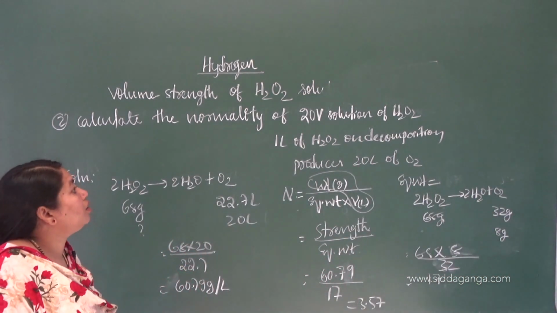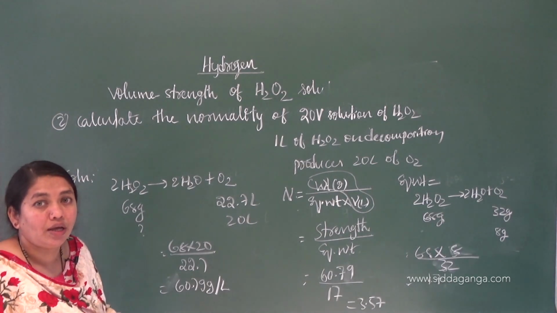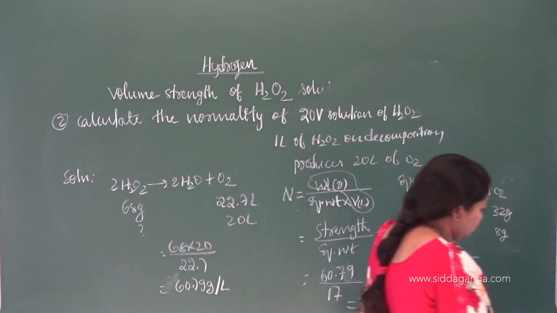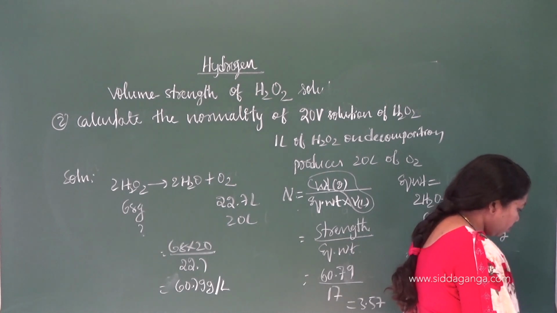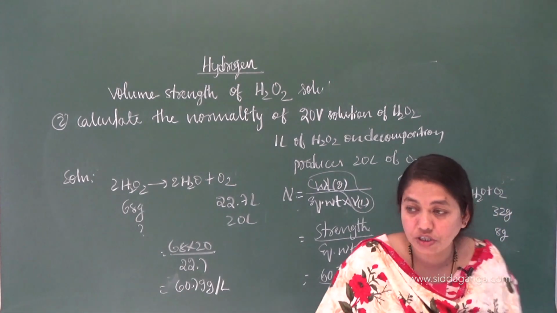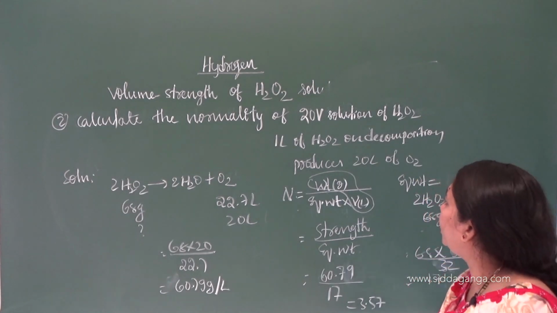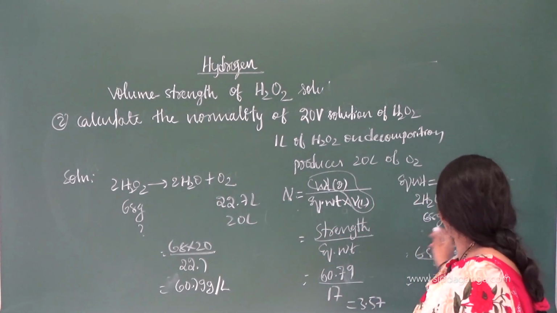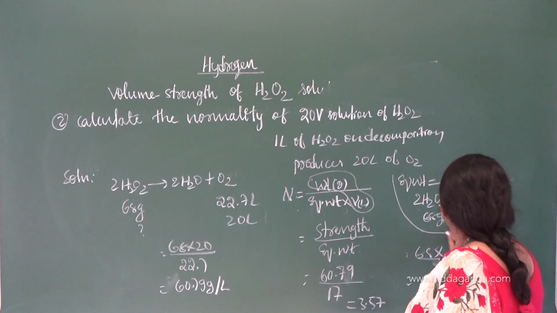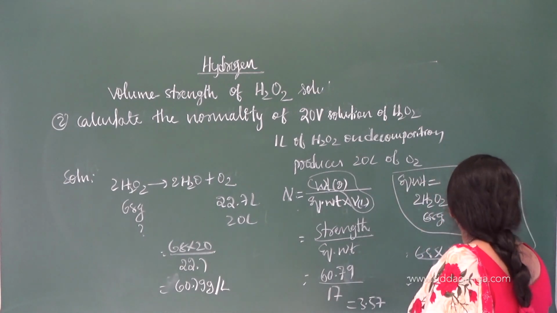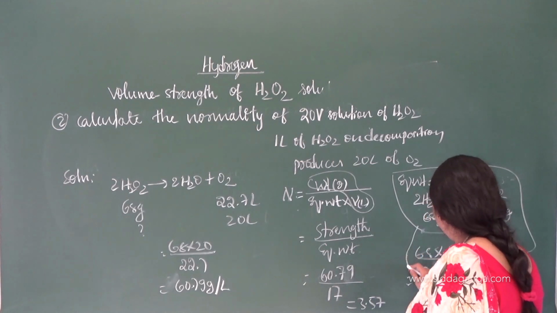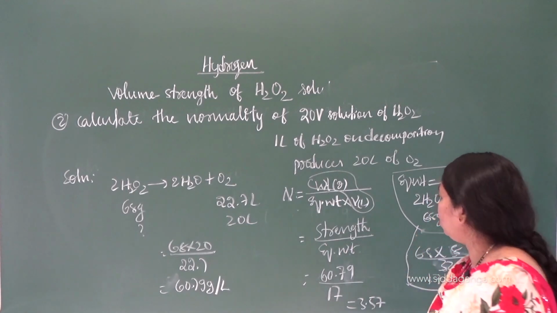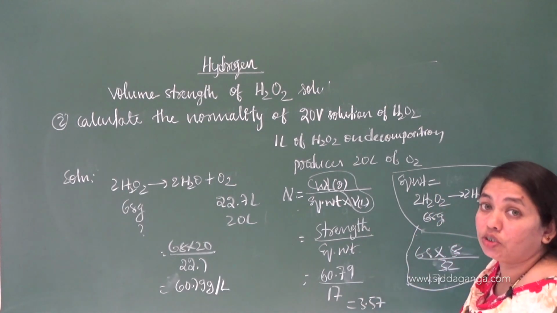It is another important type of calculation. I have given each and every explanation. Just note this down. One more important concept: you start from this, then this, and finally this is the extra thing. This is where the equivalent weight is, up to this one. How to calculate the equivalent weight of hydrogen peroxide. So this is your actual calculation.